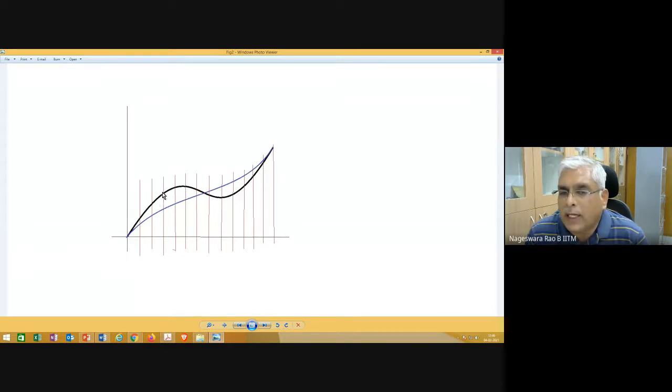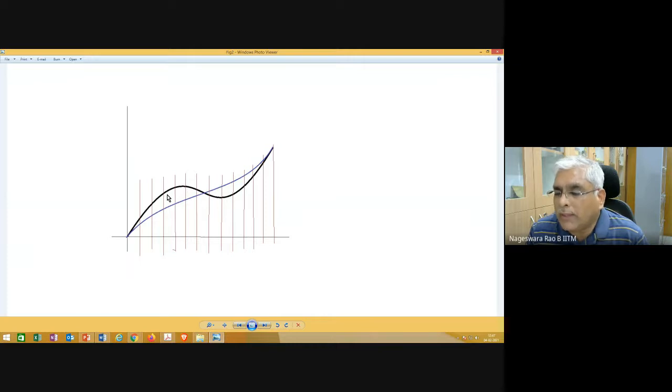Here, even though I have just randomly drawn some figure, there is a chance that this exactly matches with this. So finally, if you just sum up the error or integrate the error, it may give you misleading information saying that the overall error is 0. But in fact, error is more here, error is more here. Is it clear? So the purpose of this weight function is to do that error cancellation.